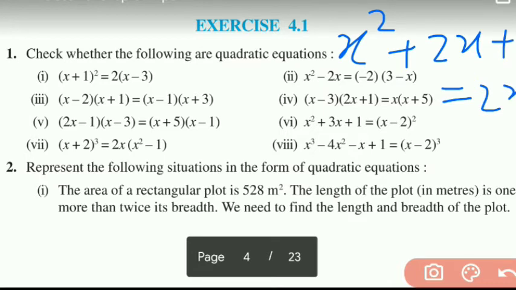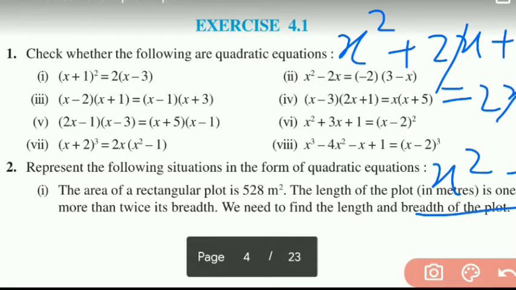Now we will interchange terms. The 2x and 2x both cancel, so we get x², and the minus term transposes, so it becomes plus 7. So it is a quadratic equation where the bx term is not there, which means b = 0. The maximum power is 2, so it is a quadratic equation.